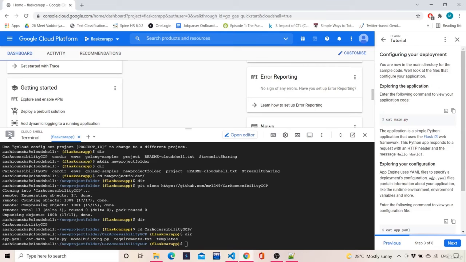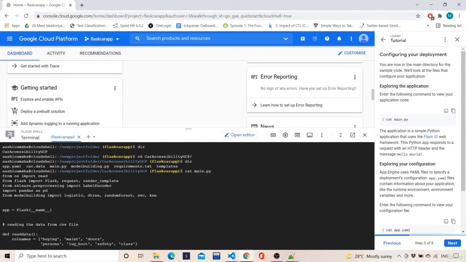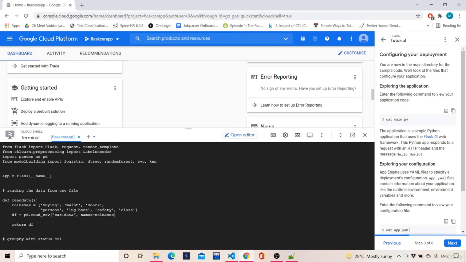Now if you want to look at any of the files, you can just type in the command they are saying, cat main.py. If you do cat main.py, it will print the main file, whatever content is there in the file.